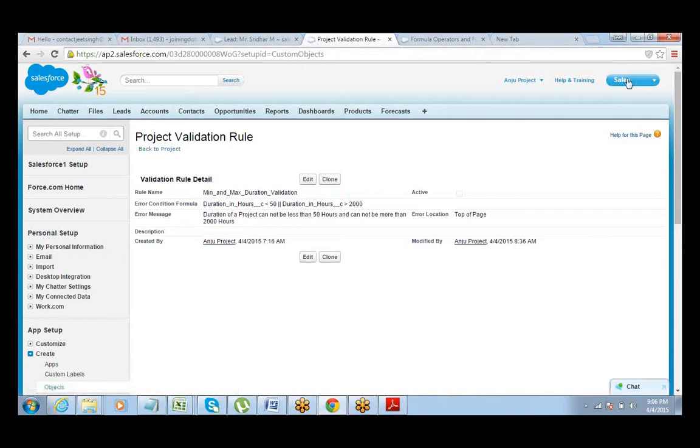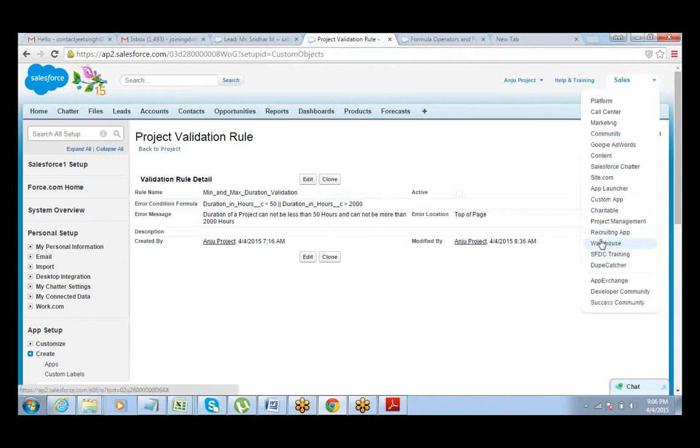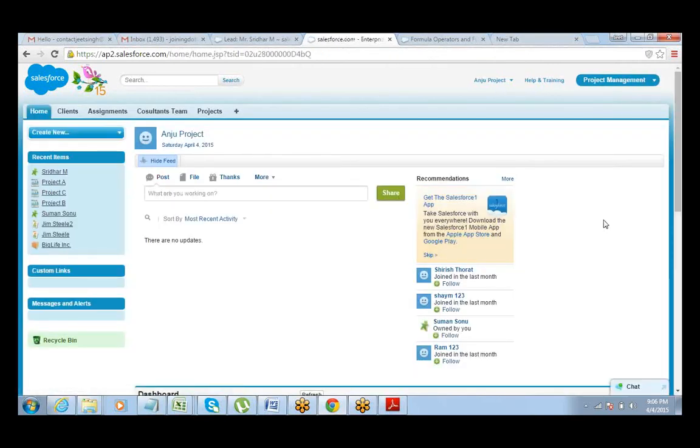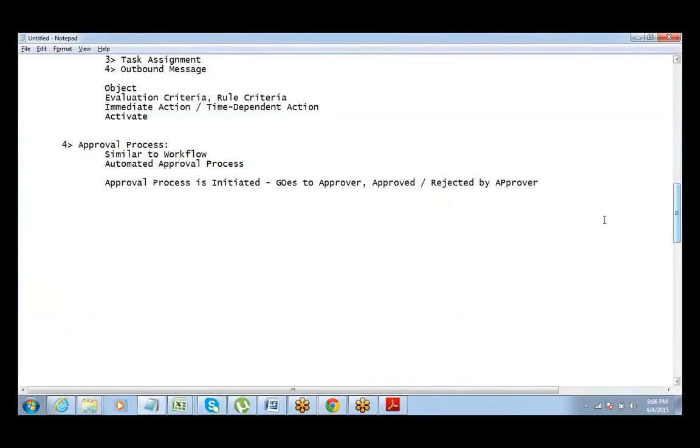So I have the project object under project management. What I want to do is I want all the projects which are more than 2000 hours in duration to be sent for approval. There's one more thing I need. I need one more field on project called approval status.